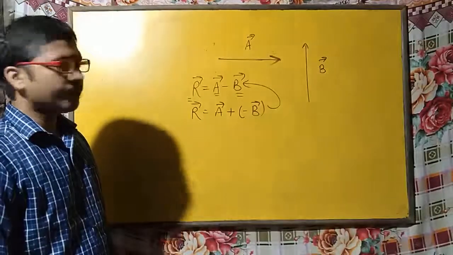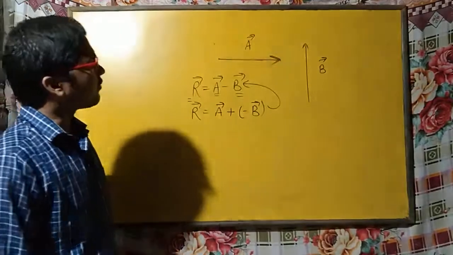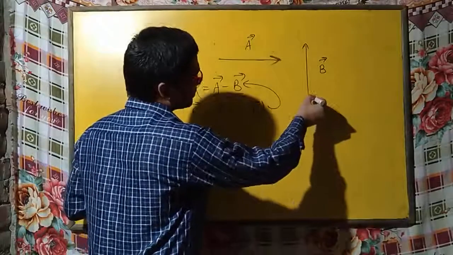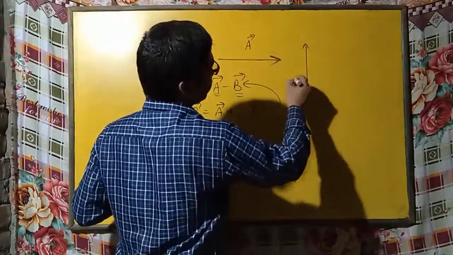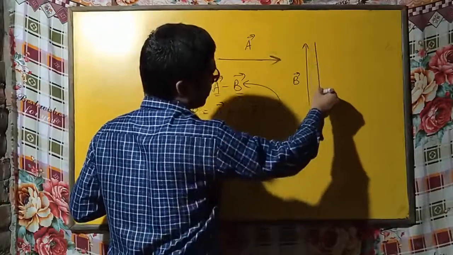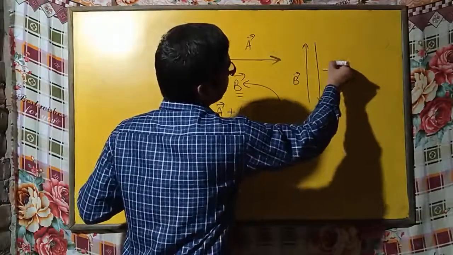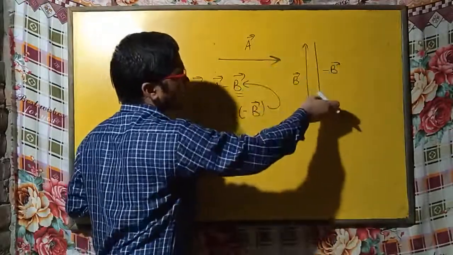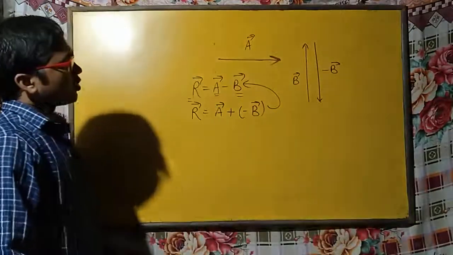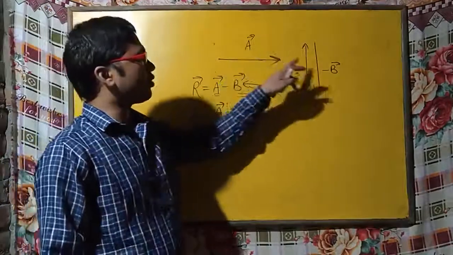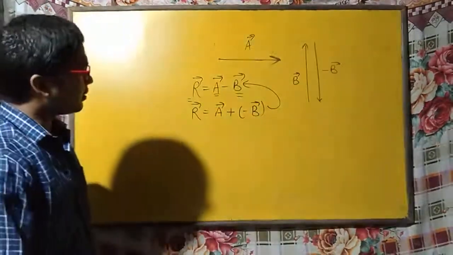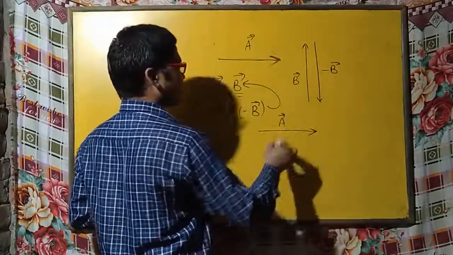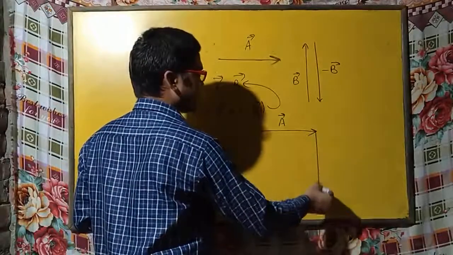Okay, so we can draw vector minus B. You can see this one is the B, so its opposite vector, that is exactly opposite to this one, is minus B. You can see this vector is opposite to B and equal in magnitude, so this one is minus B. Okay, so you have A and now you have minus B. So let us add. So first we can draw vector A. Then we can draw vector minus B.